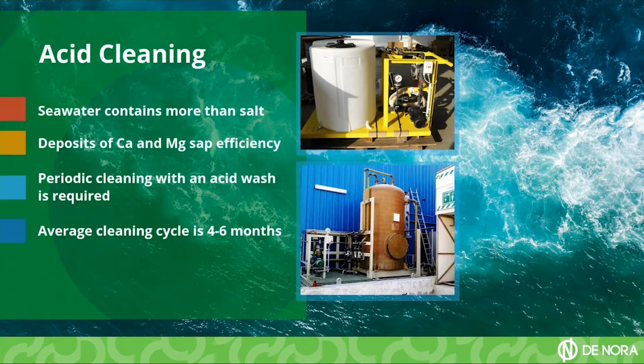The main suspects here for the sapping of efficiency of the system are normally calcium and magnesium ions. This will create a fouling which will look like white concrete on the electrode. This can be put aside by using the acid cleaning wash every now and then. The period at which you have to do this acid cleaning will vary depending on the type of seawater you have around your installations. The more impurities in the water, the shorter the period before you have to